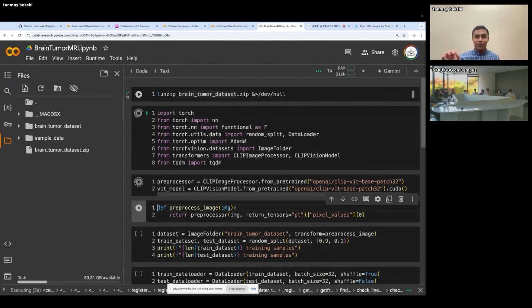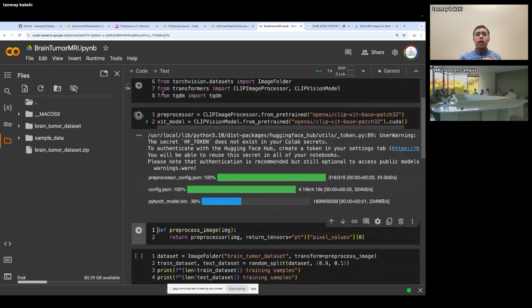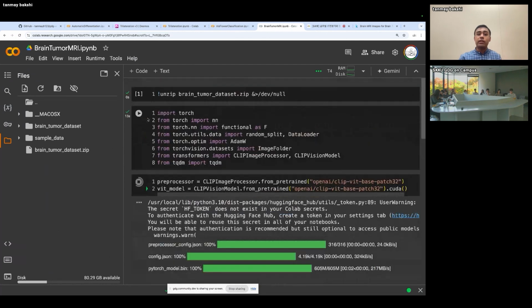And the really interesting thing about the way we're going to approach this problem today is we're not going to train a model from scratch, because that would actually take way too long. This is a very complex task. And there's also very little data. There's only 100 images of MRIs with and 100 images of MRIs without tumors. So we need to have a way of more efficiently learning whether or not an image contains a tumor.